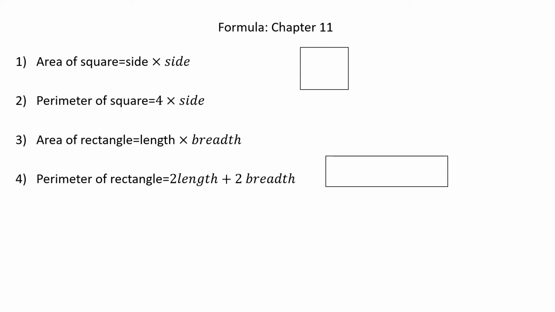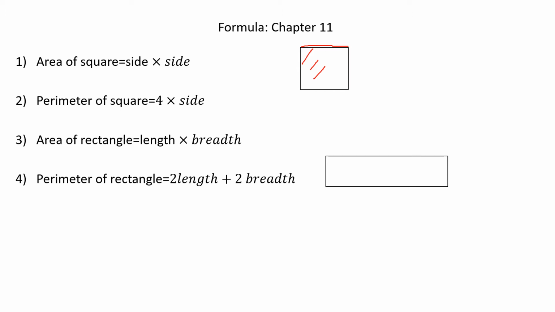You can see a shape, a square, here, right? So what is the area of a square? Area means what is inside the square. The space which is inside the square is the area. Perimeter means the boundary of the square. Perimeter means the boundary outside the square. This boundary is the perimeter. Area means inside.